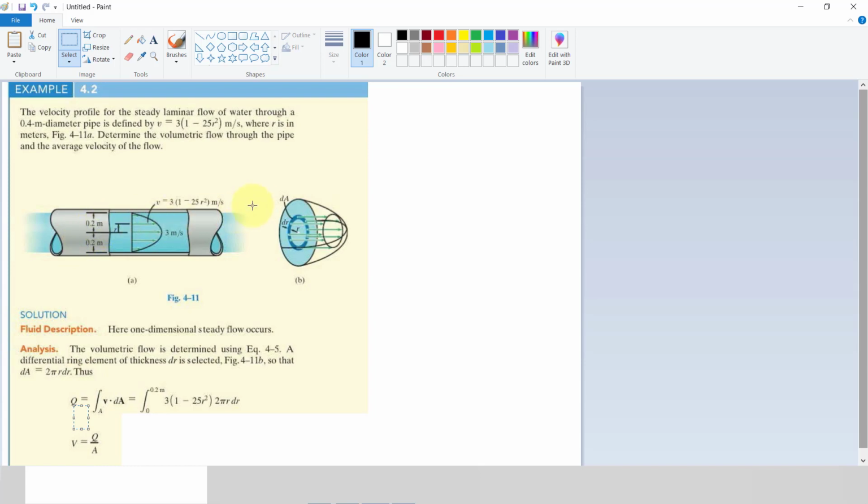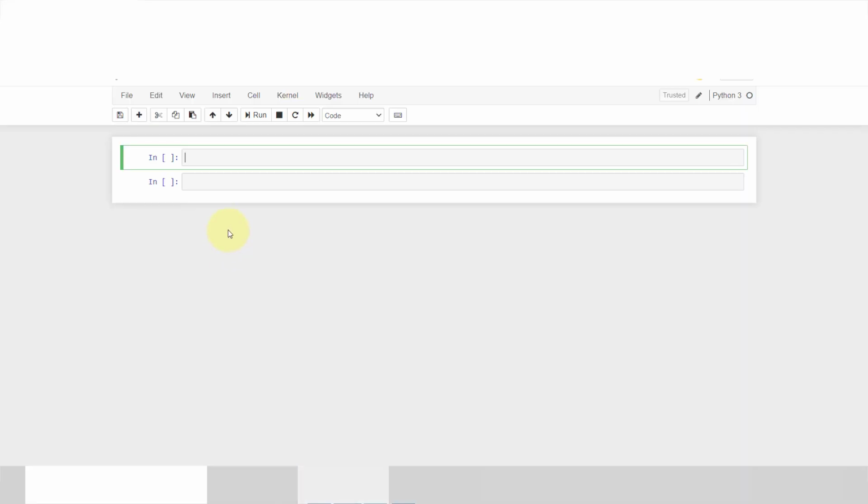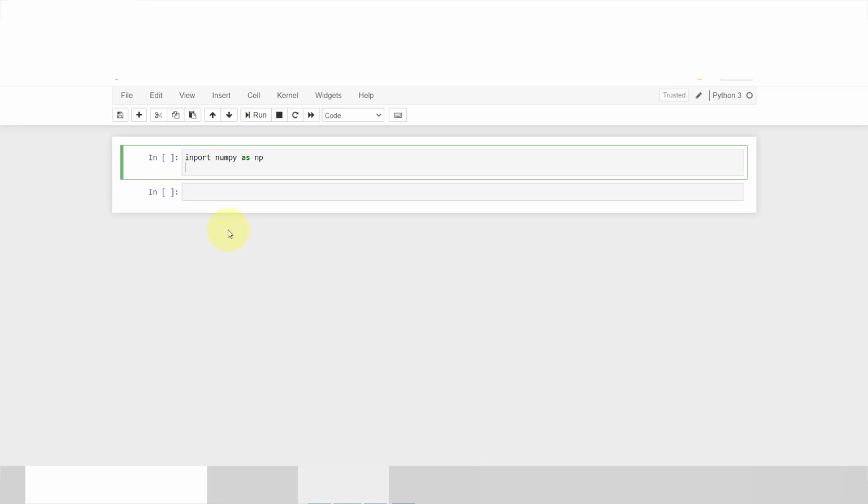So we will write this in Python code. First I will import numpy as np and import sympy as sp.